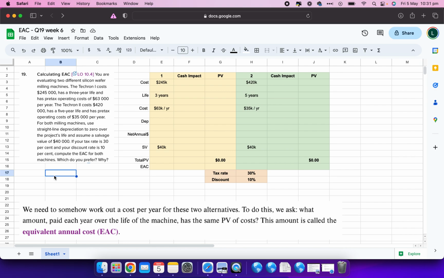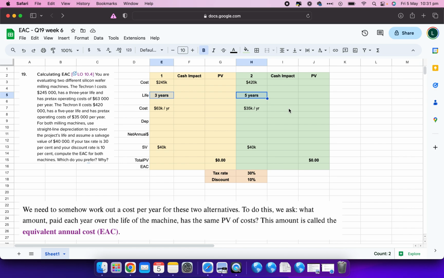So this is all the same logic as capital budgeting. The reason why we take this different step to look at equivalent annual cost is when we've got two projects here, which as we can see, if I highlight those two, have different lifespans. So if they're two different lifespans, it's a bit like measuring apples and oranges. So we can't just do our cash flow like we do in our capital budgeting. So we need to look at the annual equivalent cost,